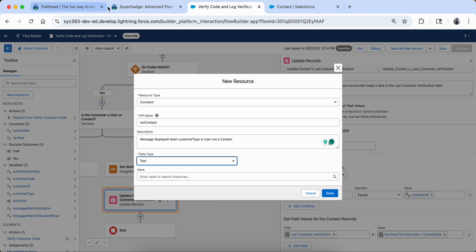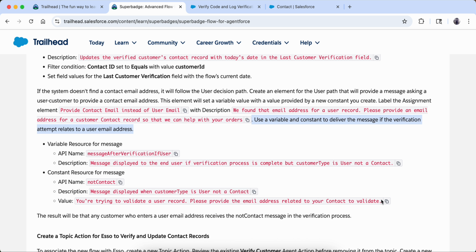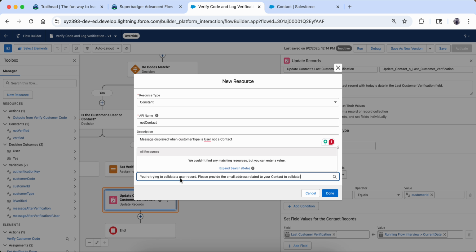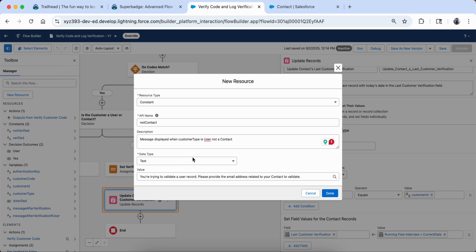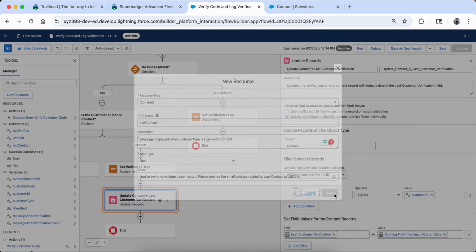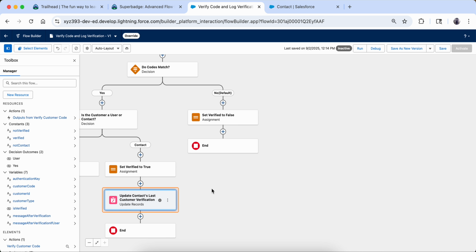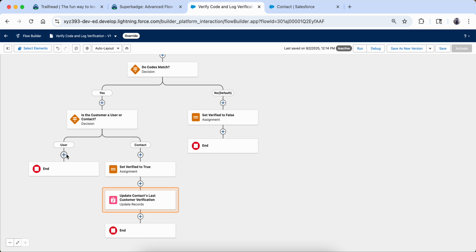Again, I will select text here, and then the value of the text will be this. Oh sorry, I did something wrong. Okay, then I'm going to do done here. So I created one constant and one variable, right?